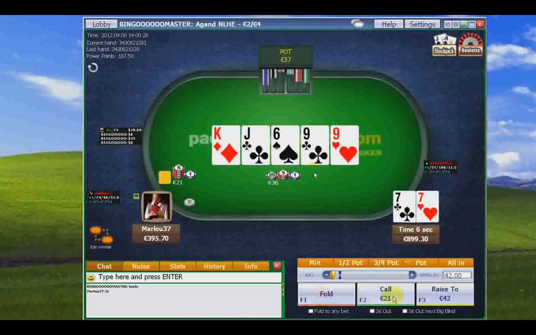Moreover, this turn adds a second club, so I might have a flush draw. So if he had a good hand on the turn, he should have bet it. So in fact, he's only representing a 9, a random 9. But if he continuation bets on the flop, all his hands,